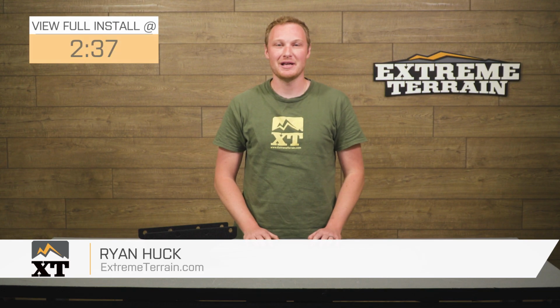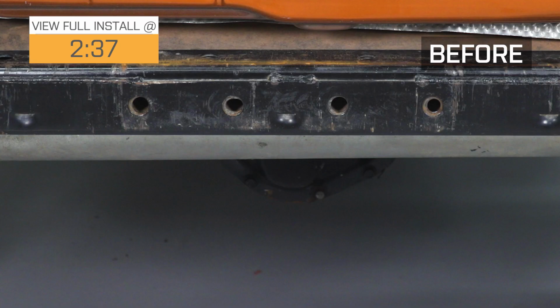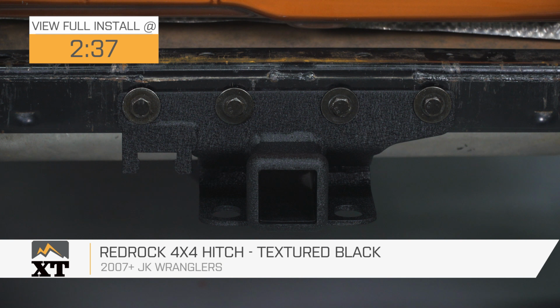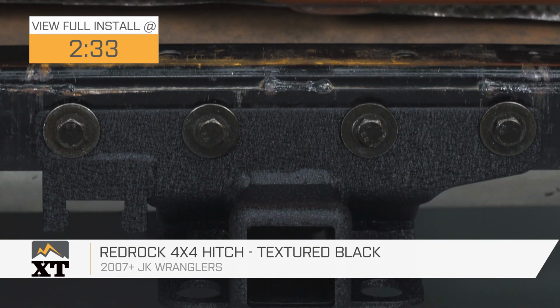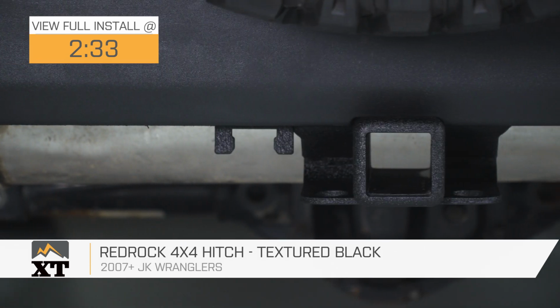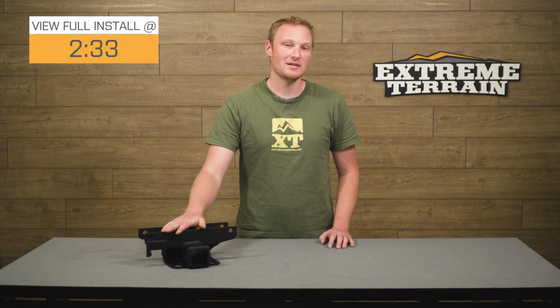The RedRock 4x4 hitch in textured black is going to be for those of you that have a 2007 to 2018 JK that are looking for a way to add a 2-inch receiver that is tow rated to your Jeep to move around a small trailer or some other light toys. Your Jeep is never going to be able to tow a huge load, but with this it will be able